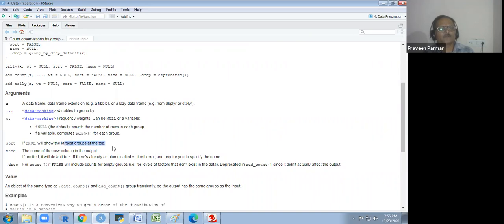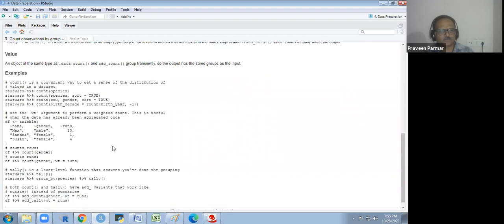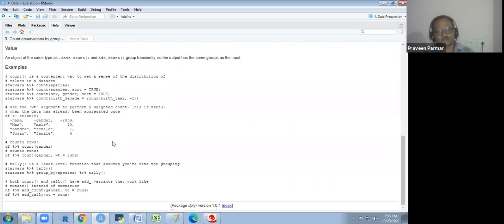Or if it is false, it will give the arrangement as per the name. Tally, we don't have that function for ascending.